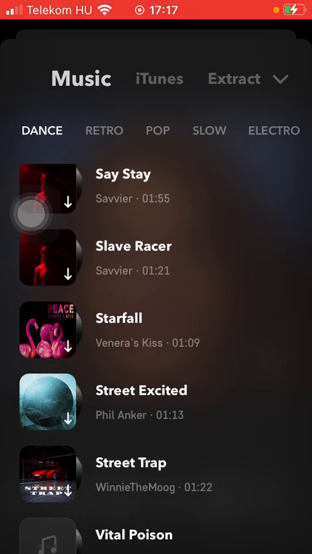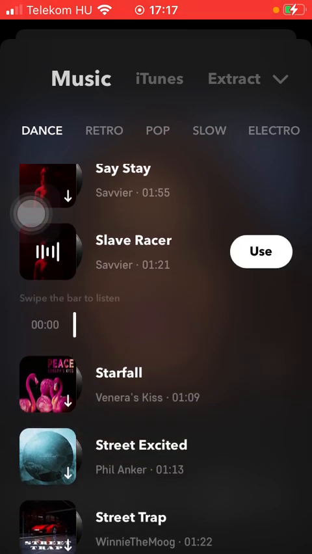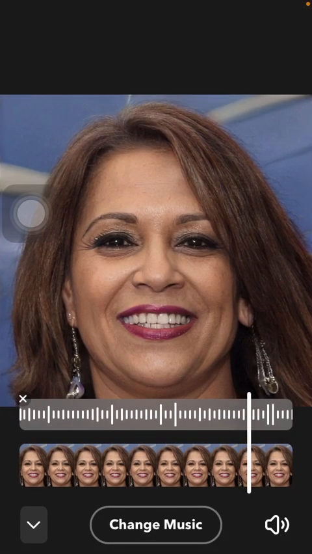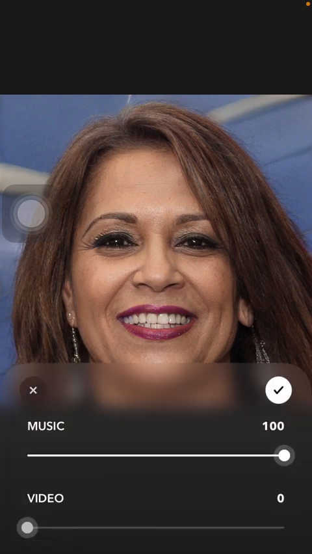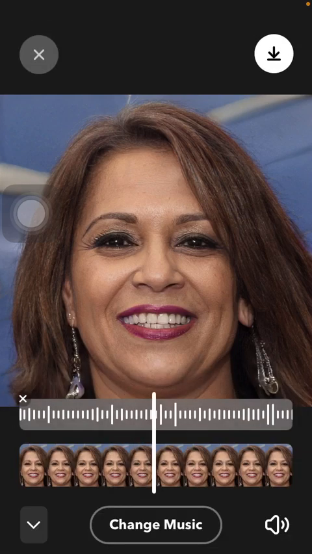If you have chosen a song, tap on it and here you can check out how it sounds, and if you want to insert it, click on the use button. You can set the volume, tap on the check mark icon,